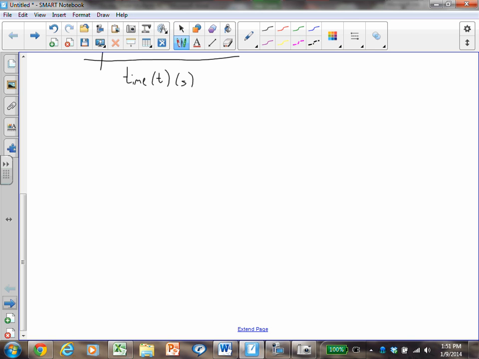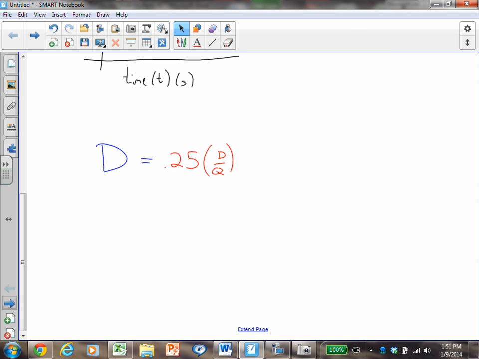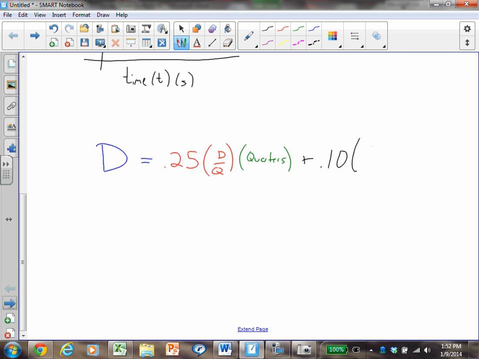Well, the number of dollars you have will be equal to 0.25 D over Q are the units times quarters, the number of quarters you put in, plus 0.10 dollars over dimes times the number of dimes you put in,